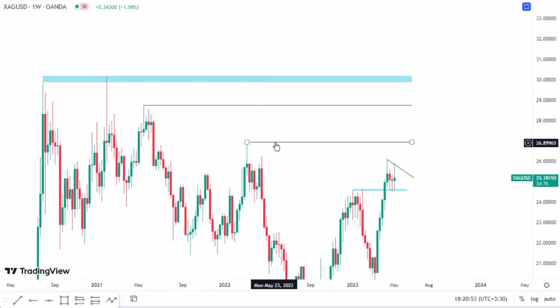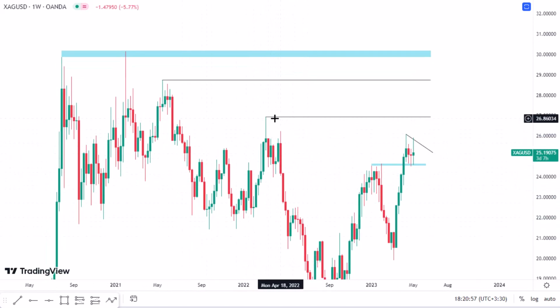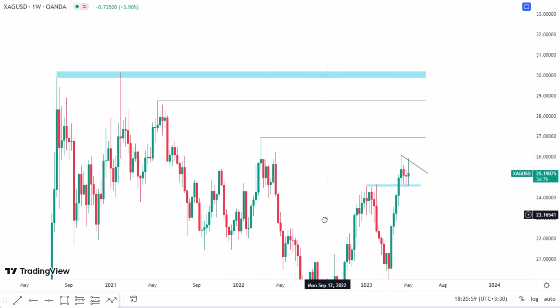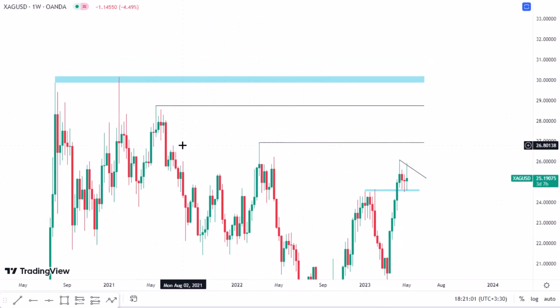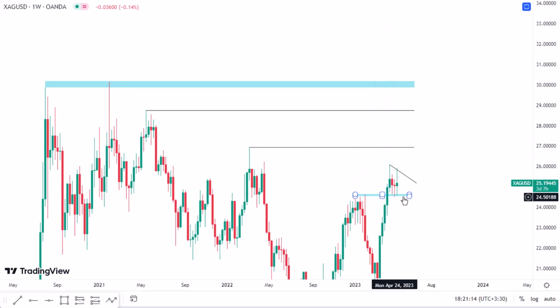The first resistance is this one here. The price was going up and touches a level and starts falling. Okay, you know, I can draw lots of resistances here for you, but these are the most important ones. So when you see a nice candle on these resistances in the future, if the price can go up and touch this level,